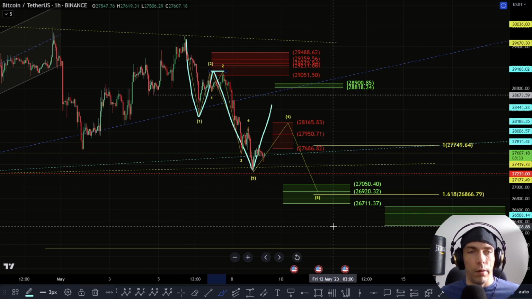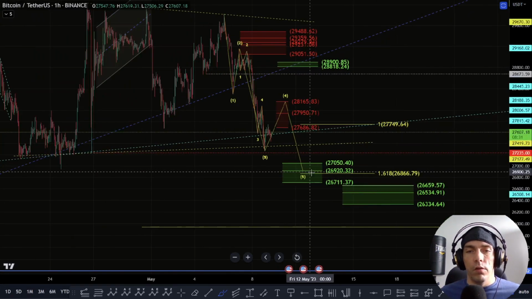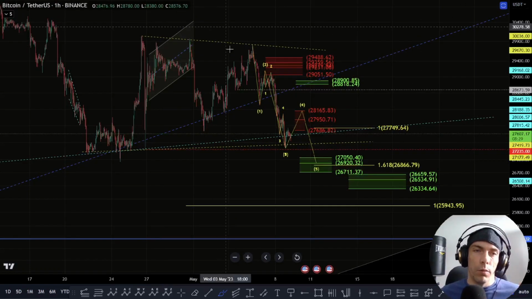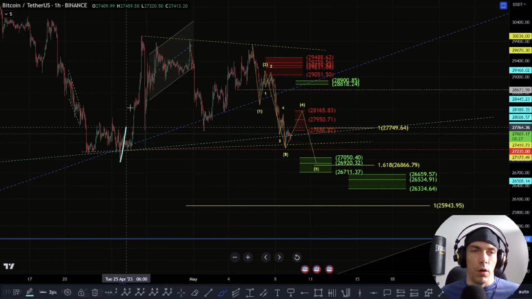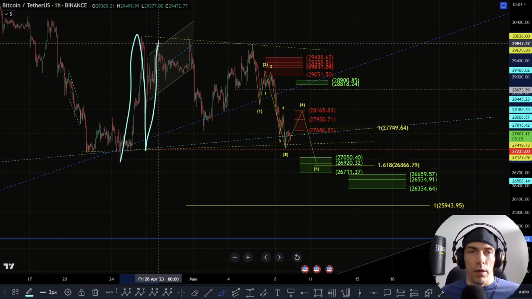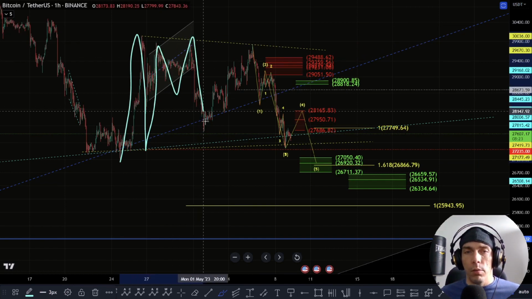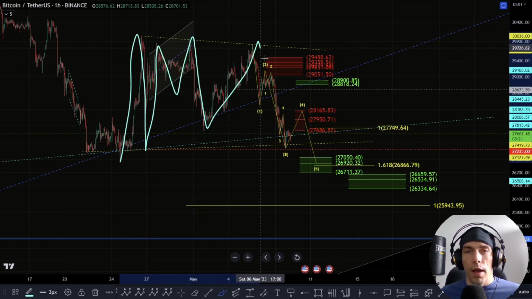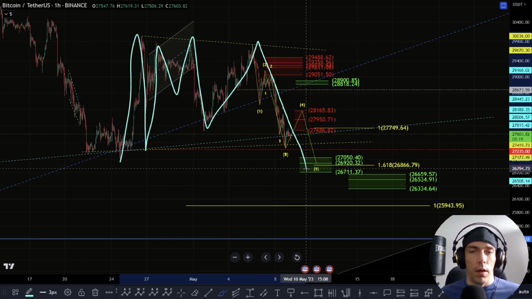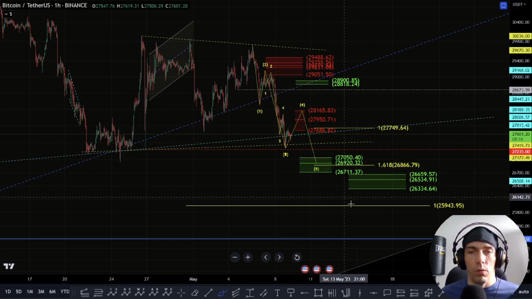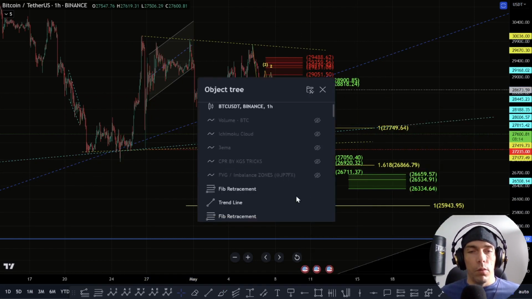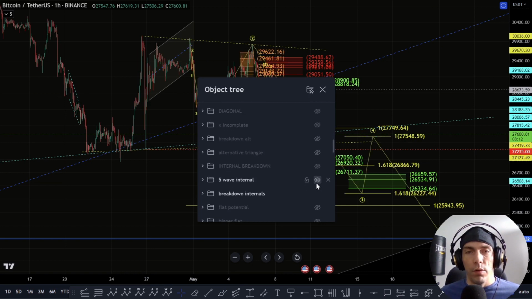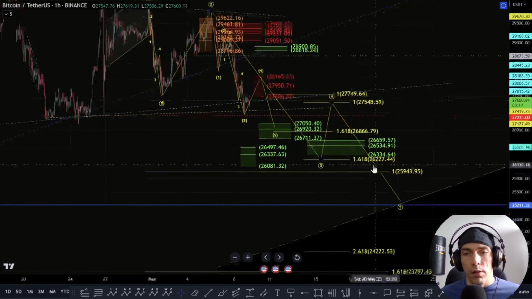Alternatively, like we said, we could be looking for that diagonal there. What we need to just be cautious of is, because of how choppy the structure is, we talked about this a while back, we could have this as A, B, C, D, and E, and actually what we have is 1, 2, and then we could actually look to form an additional structure here as a 3rd wave to the downside. Now, what we were talking about for that was actually a deeper push to the downside, looking for this zone of this